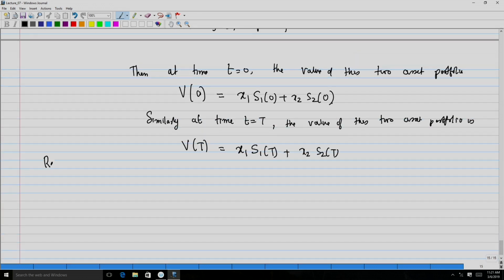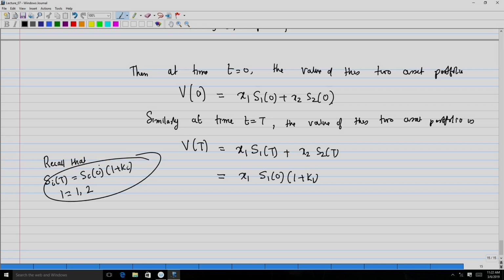Now, you recall that Si of t is Si of 0 into 1 plus Ki for i equal to 1 and 2, and so accordingly this can be written as x1 into S1 0 into 1 plus K1, plus x2